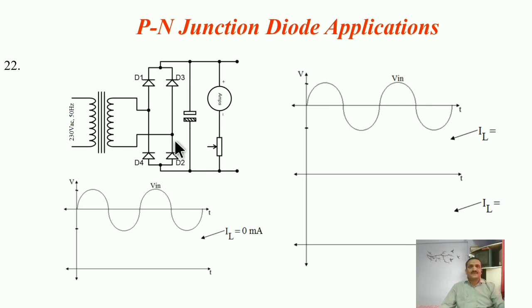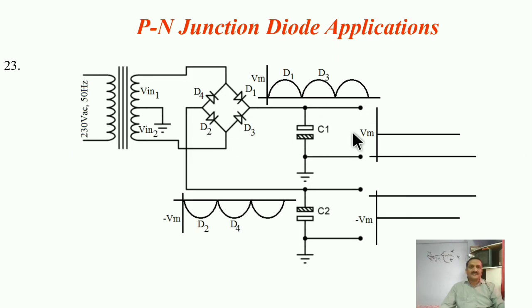Again, the same full wave rectifier using a bridge without center tap. Again, the same thing you can observe. This is nothing but a dual power supply. This is not a bridge rectifier, remember. This bridge is powered by a center tap. So partially it works as a positive DC power supply, and partially it works as a negative power supply. That's why you will have output across these two terminals, positive over here and negative over here. So this is known as a dual power supply.